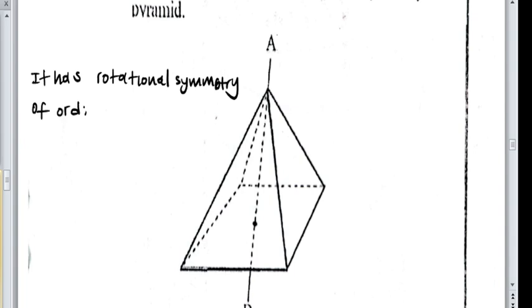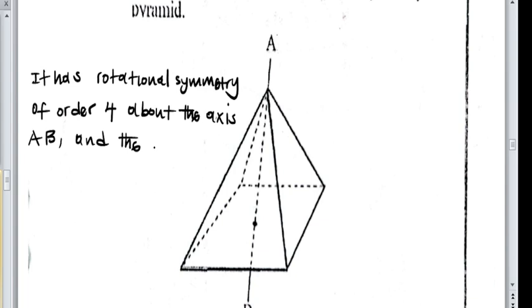Of order, you check, the base is a square and the square has got 4 equal sides. So it has rotational symmetry of order 4 about the axis. So about the axis AB,